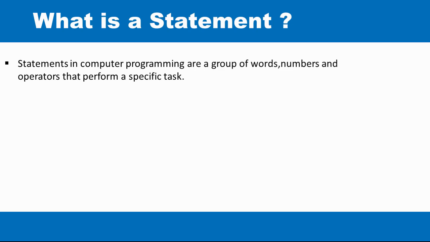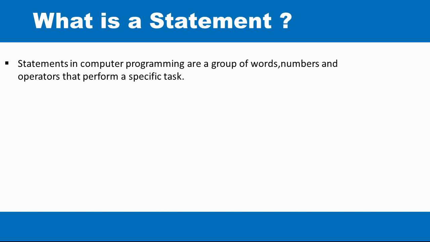Comments are basically a way of explaining various parts of your computer code. So a statement is a combination of words, numbers, operators, and the various components that the programming language needs to